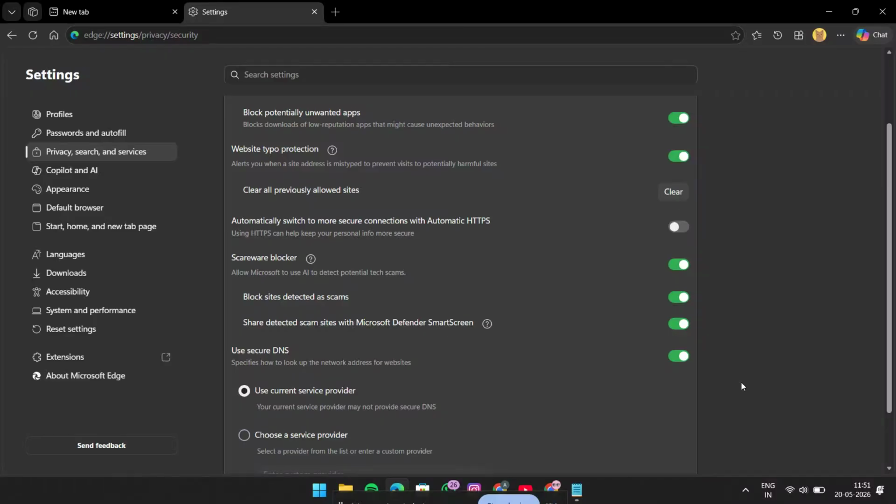And that's really all there is to it. In just a few clicks, you've turned on a helpful security feature in Edge that can make your browsing experience